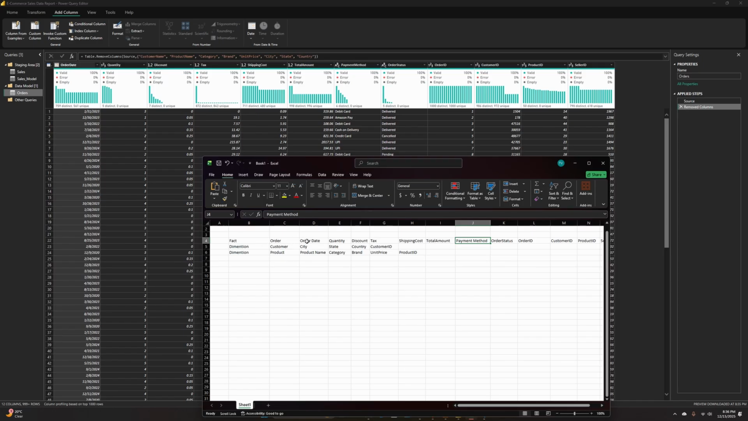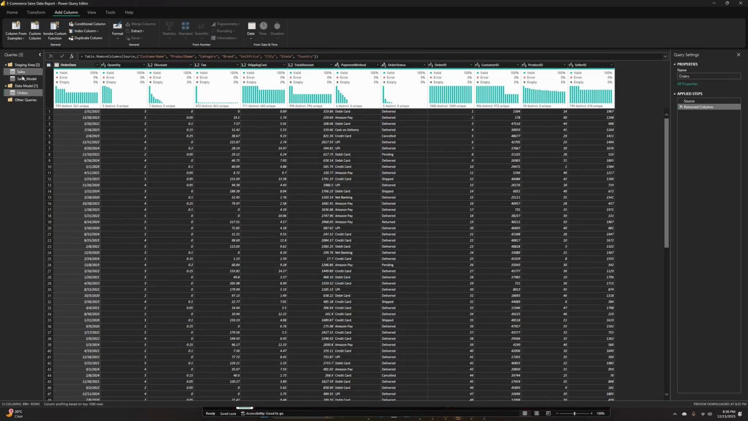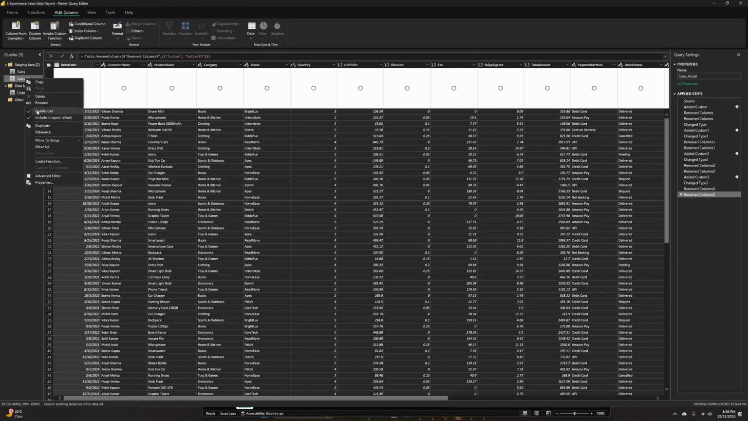The way Power Query is designed, it's designed to help users and help data engineers and data analysts. So there are a lot of neat features like this. So perfect. Now let's make